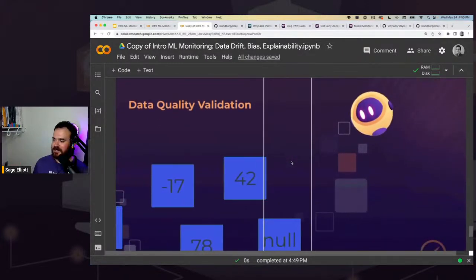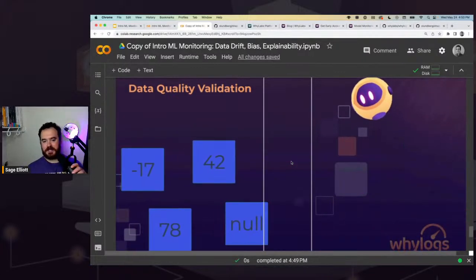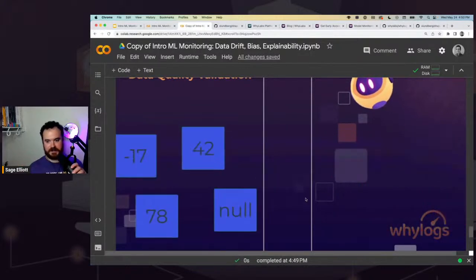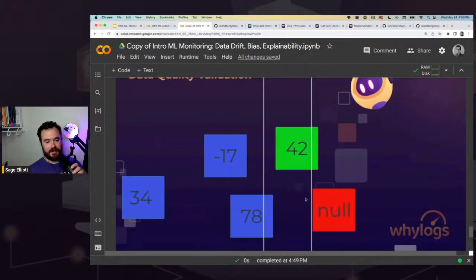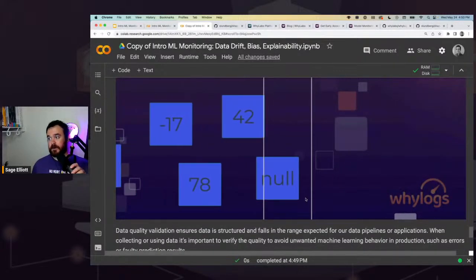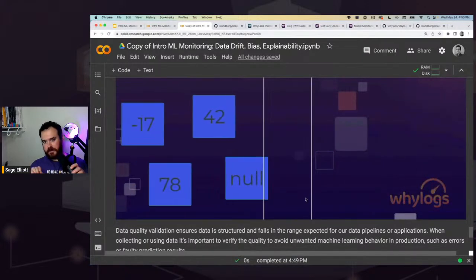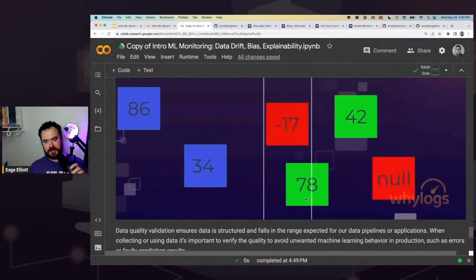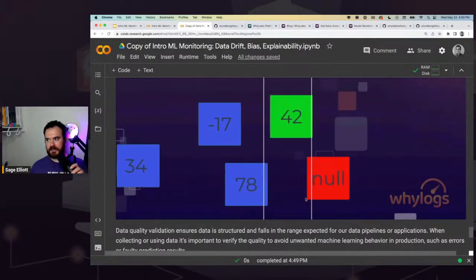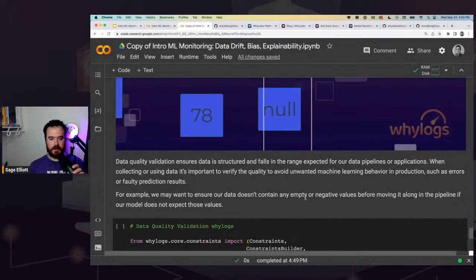Someone said they really liked this visualization before when it was in the slides. It just kind of represents, right? Like null value, that's not a good value you want. 42 is fine, 72 is fine. Maybe this negative value, that's not fine. We're going to set up little unit tests for our data now. We're going to look at our YLogs profiles like we saw before and say, if the profile matches one of these things or it's greater than or less than this thing, throw some sort of error and we'll actually get a nice little report returned, as well as values that we can use in our pipeline.